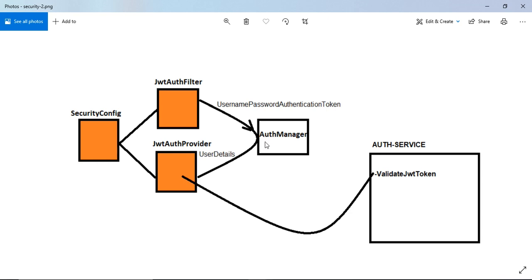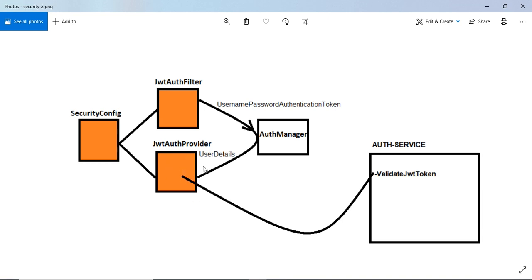The authentication manager will not take the token directly; it takes it in a specific data type, which is the username password authentication token. We need to extend this class and create our own class. We put the data inside it and give the username and password object to the authentication manager.